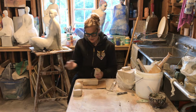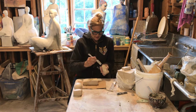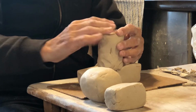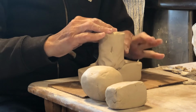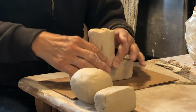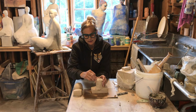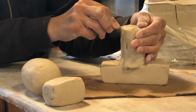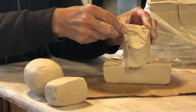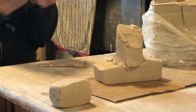I'll use my kitchen fork here so I can join these two forms together. This clay is pretty soft, so I don't need to score it, rather just slip it. I'm going to join that on there. I'm going to cut a little diagonal here. And then I'm going to take my